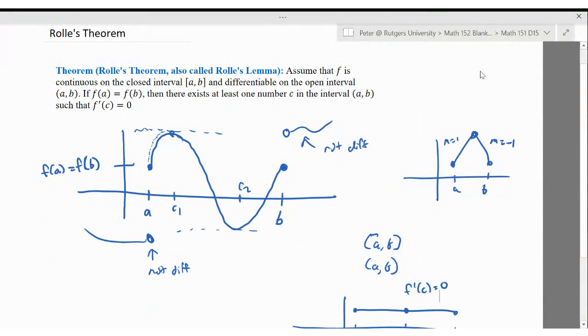So if you recall what we were doing at the very end of class, we were covering the theorem called Rolle's theorem. I apologize, I just want to turn off the camera so you don't need to see me, you just need to hear me, and you need to see the slides. There we go. Okay, so we're covering a theorem called Rolle's theorem, or Rolle's lemma,